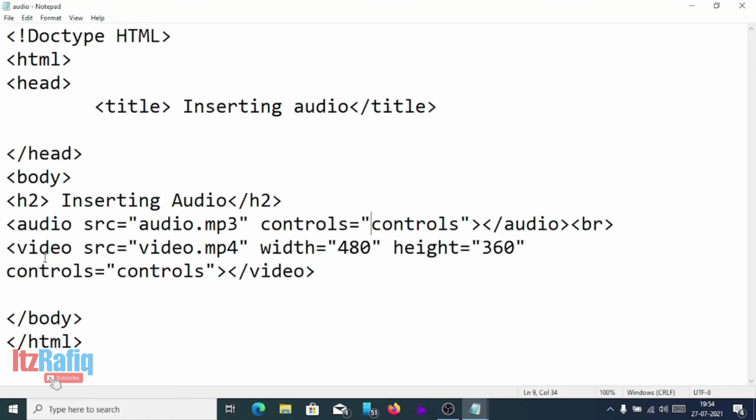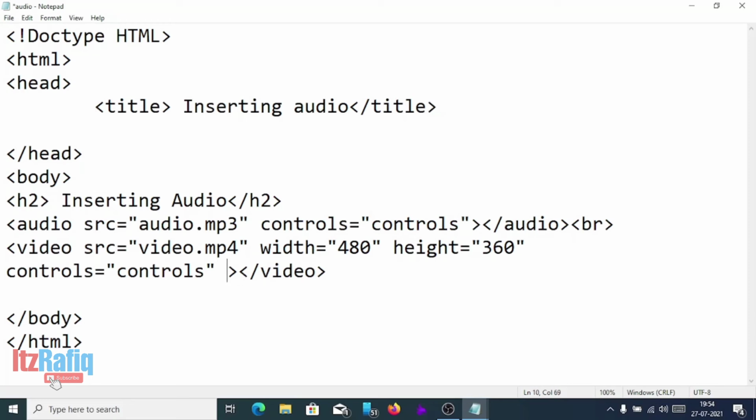And for inserting video in our HTML document, we'll use the video tag. The attributes are src, height and width to resize the video, autoplay to automatically play the video, and controls to display the controls like play and pause buttons. So let's give autoplay here in the video tag.